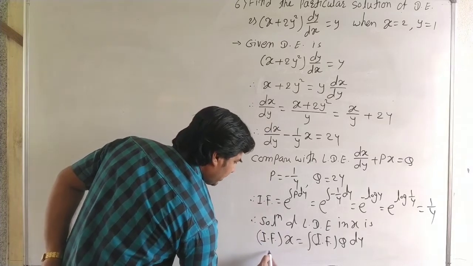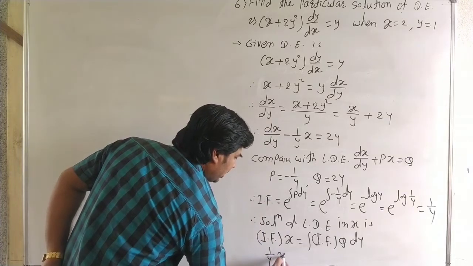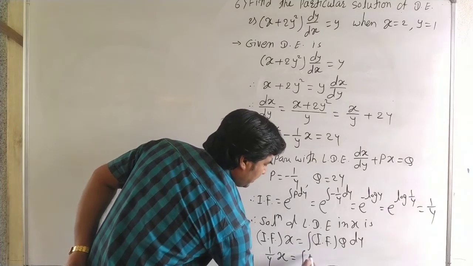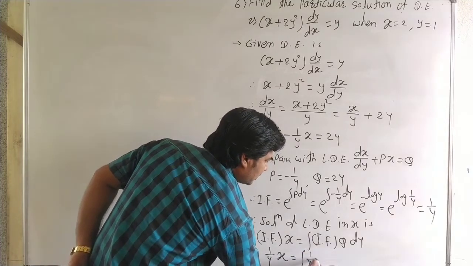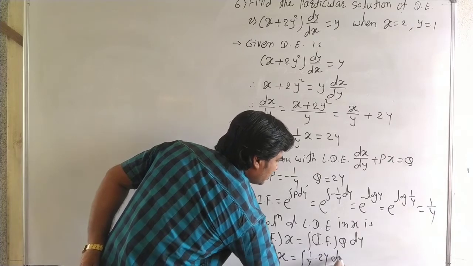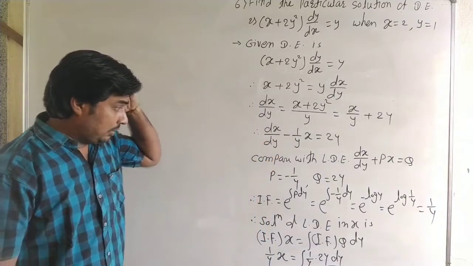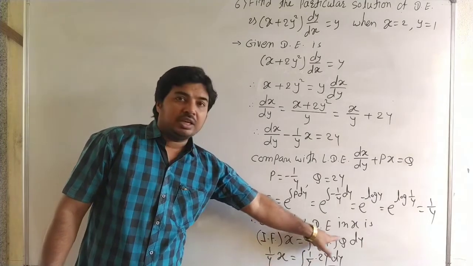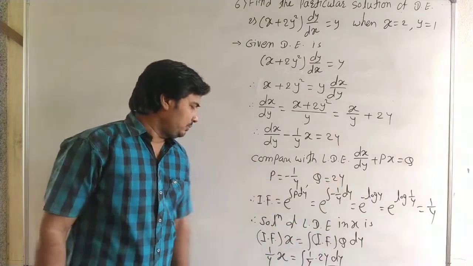Integrating factor, it is 1 by y. 1 by y into x is equal to integration of integrating factor, it is 1 by y, into q, it is 2y, with respect to y. Only we put the value of the integrating factor, it is 1 by y, and q, it is 2y. Now